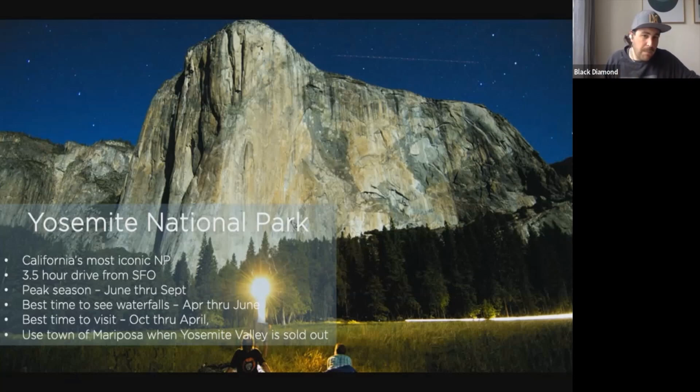Best time for Yosemite. People go to Yosemite for the waterfalls and the hiking. Best time though is going to be on the shoulder season. So April, May. May is what I would probably say is optimal time for Yosemite. The waterfalls are absolutely at their best. September, October is also a really nice time. The waterfalls aren't as good, but the park definitely gets quieter. One thing we can say about Yosemite, it gets super busy in the summer, super busy.